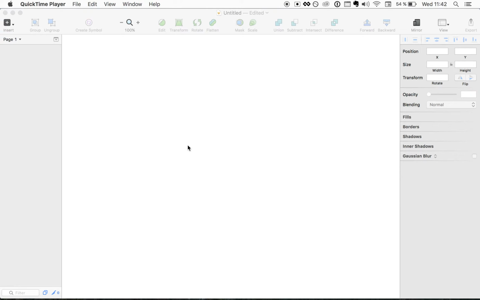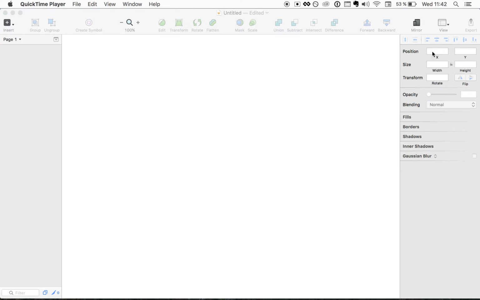So I'll make a quick demo of Sketch to design a mockup of Airbnb. Here I'm in a new Sketch project, and as you can see, just a white board where I can insert many shapes. On the left, I can see a navigation where I can select all the shapes that I'm going to inject within the project, and on the right, I can see the Sketch Inspector, which